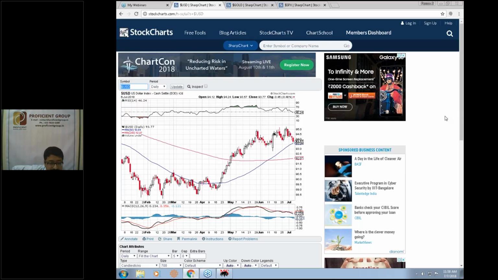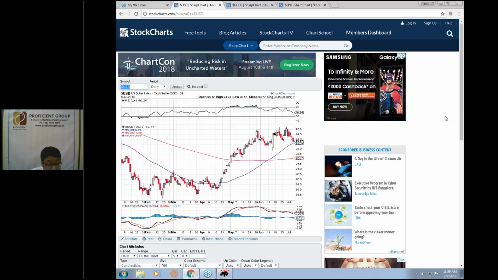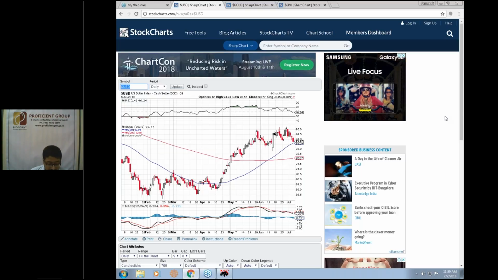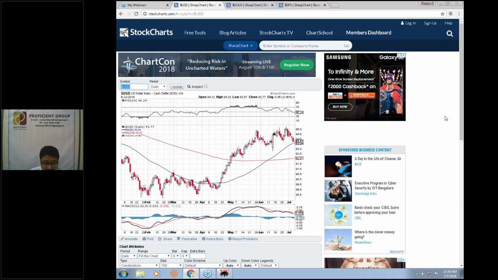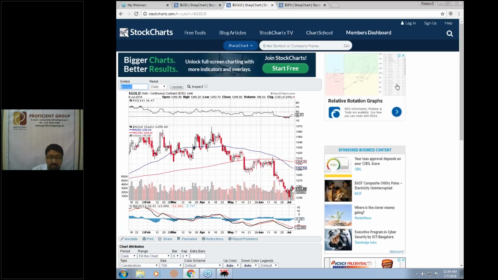You can see it is trading above both the important moving averages, and the series of higher bottoms is still visible. The major breakout occurred in the last week of April, and that uptrend is continuing. The nearest support is seen at the 93 region, so unless it breaks that region, the short-term uptrend will survive. If the dollar index continues to remain strong, what can we expect in the commodity sector? Because most global commodities like crude and gold are denominated in dollars, we can expect some downward pressure in commodities.